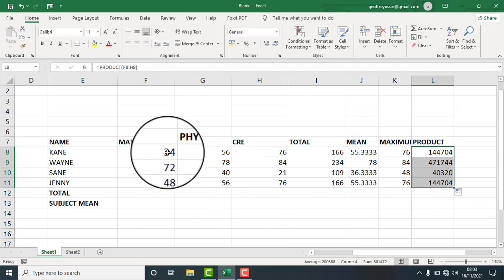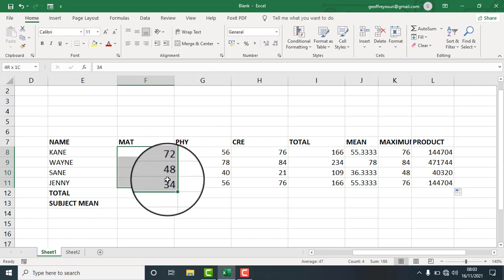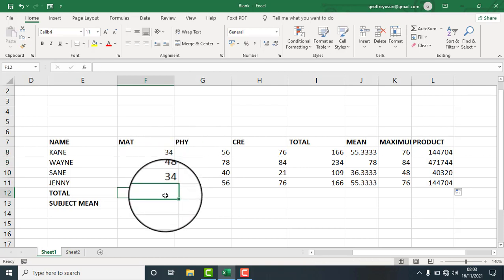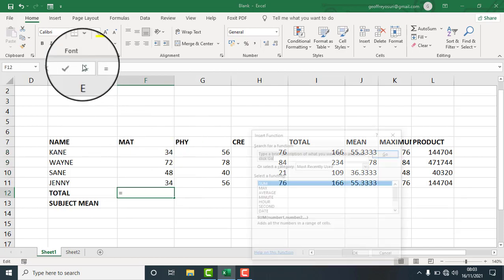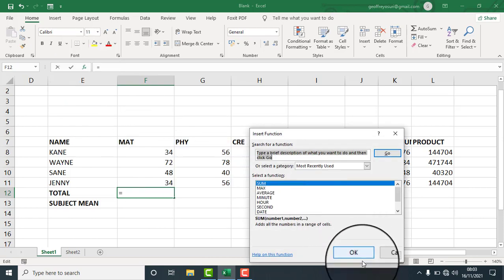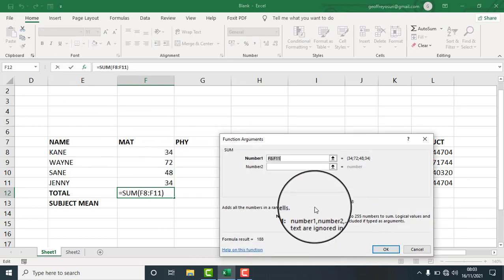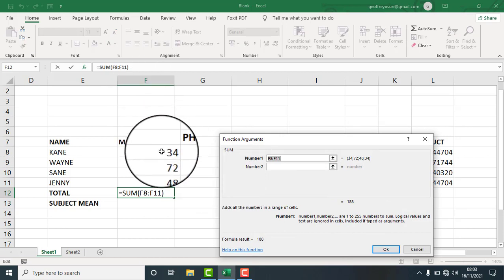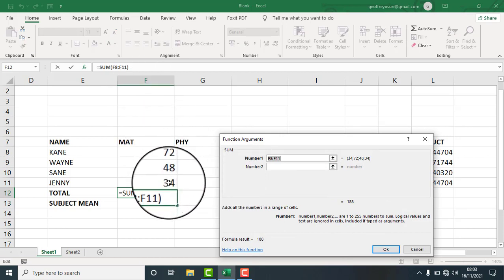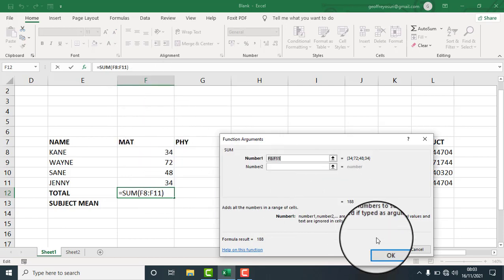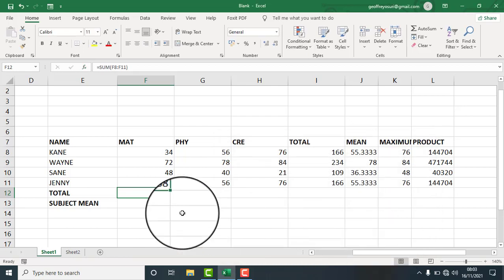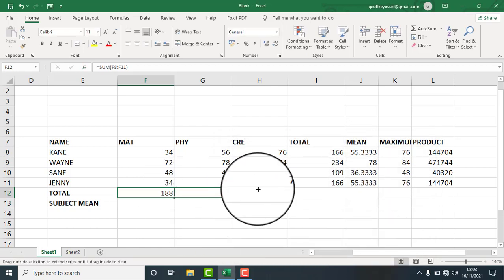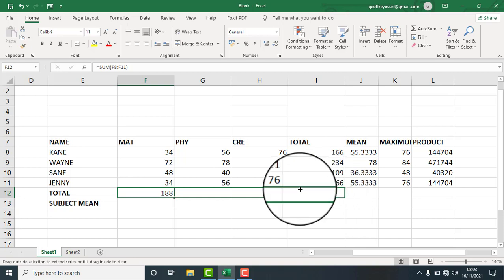So if I want to get the total here, I can just go and get the sum of the values, and the values will be ranging from F8 all the way to F11, and that is correct. So I can get the total there and get the total here,